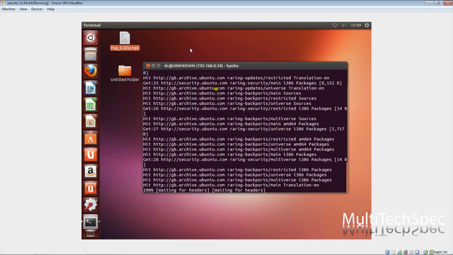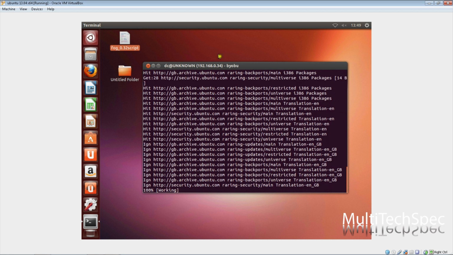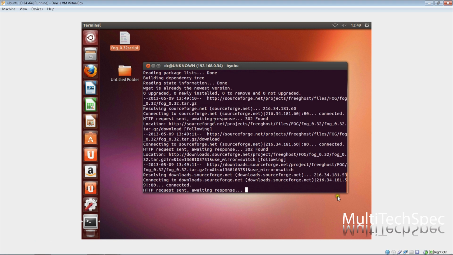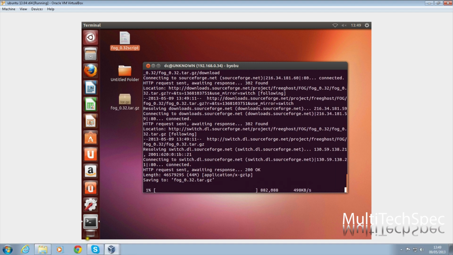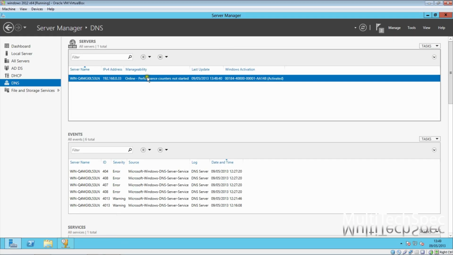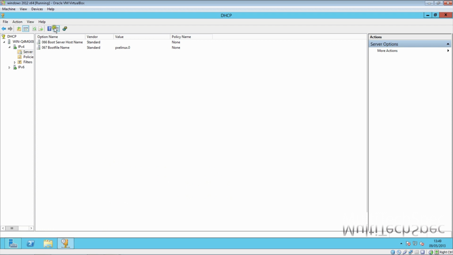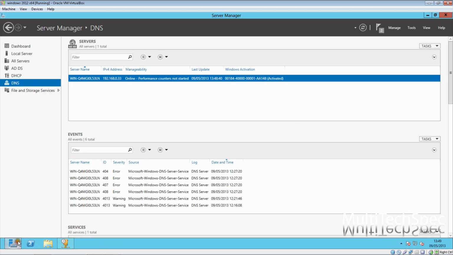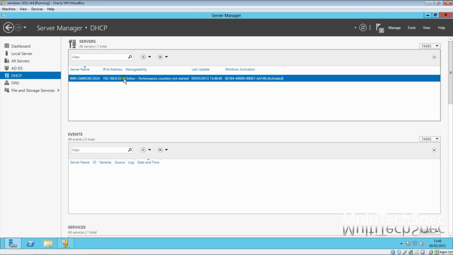And as you can see, the script that I've created automatically gives you your IP address. So in this case it's .34. If I just switch to the machine and let that do its job, back to the Windows Server 2012 machine, go back to the DHCP window and number 66 and type in the command. I've just left it open, but if you need to go back to it, click on this little icon here, which is the server manager, click on DHCP, then right click on it,